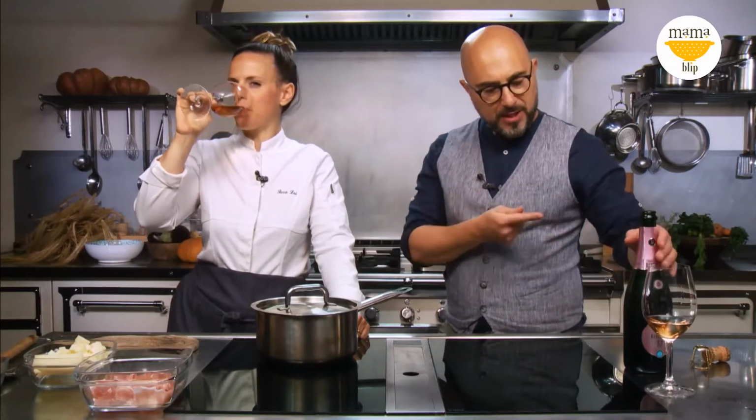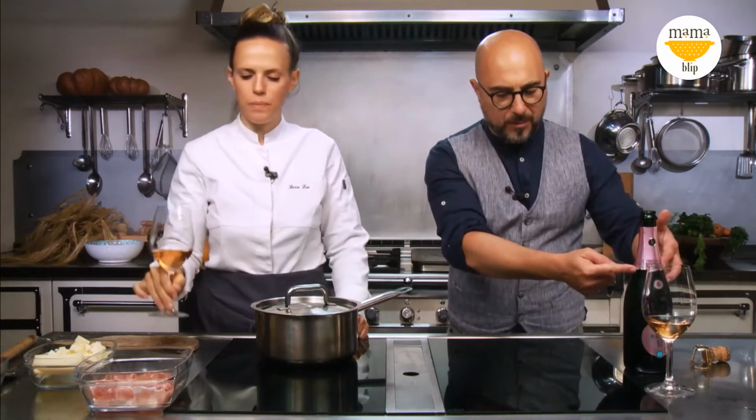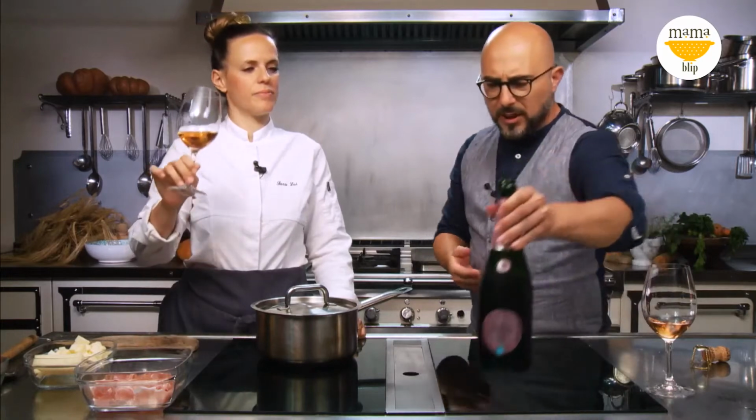Very refreshing. And in this case, what happens when you let the wine flow away to get rid of the sediments, some wine was missing. Some dodgy producers back in the days didn't fill the bottle up, and they were covering the missing wine with this. Now, of course, it's only tradition. This rosé